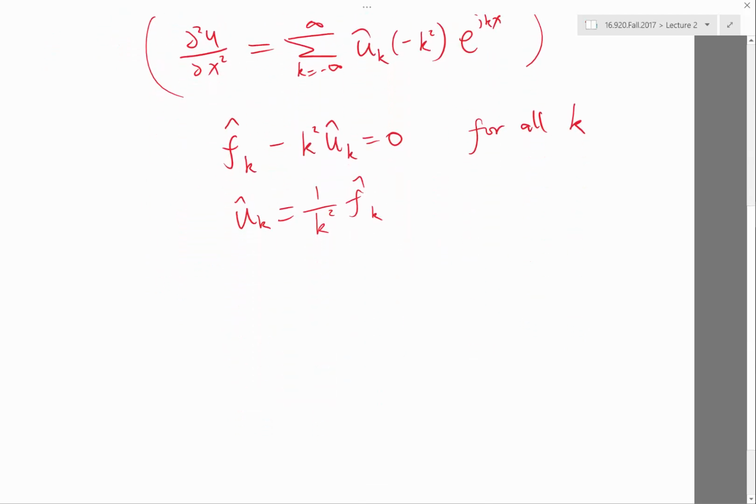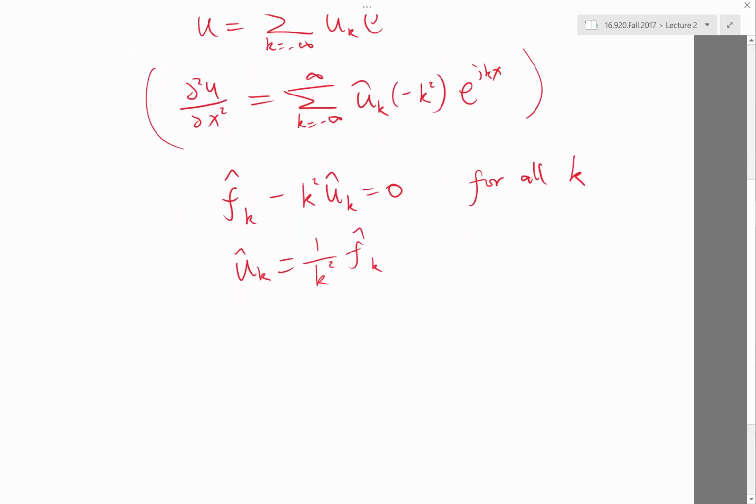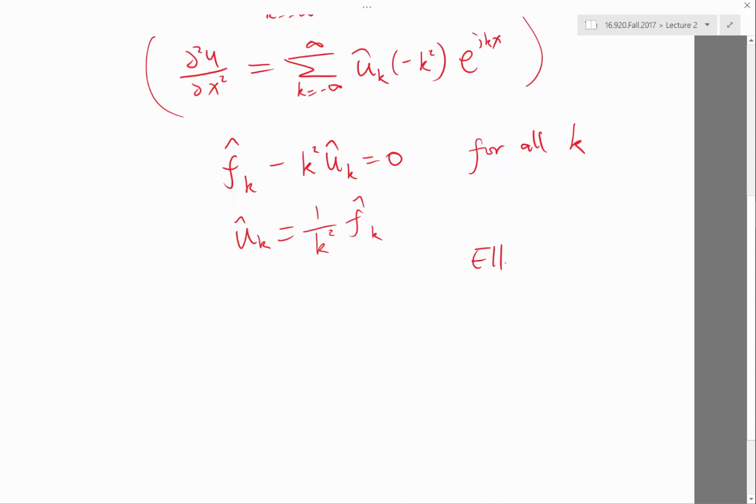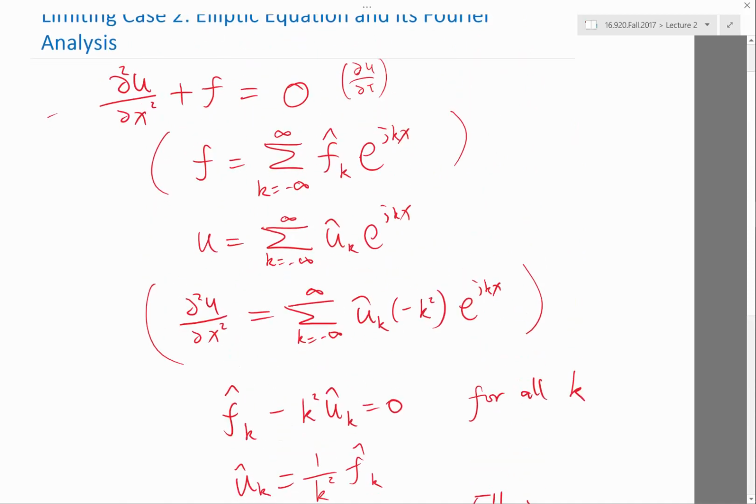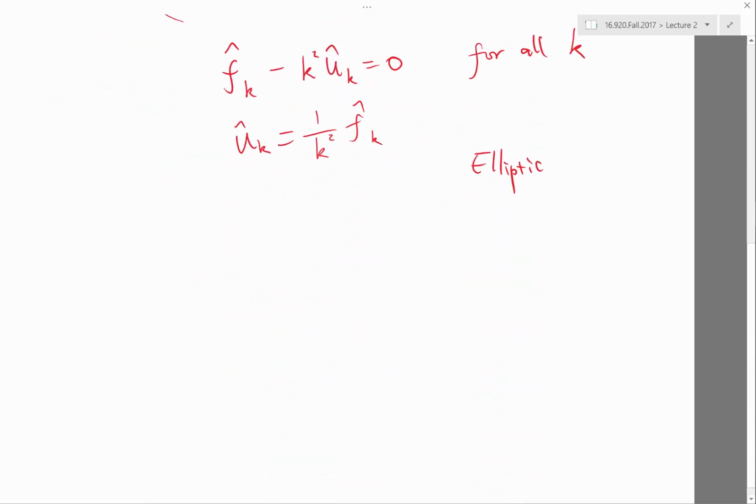Now, this is a type of elliptic equation. Elliptic equation is characteristic for having no time. Okay, and this equation, as I said, if you add a partial squared u partial y squared term, it'll look the same, except the Fourier series has to be a two-dimensional Fourier series, right? But like in this equation, if you change anything on f, if you perturb f, the effect is going to be felt